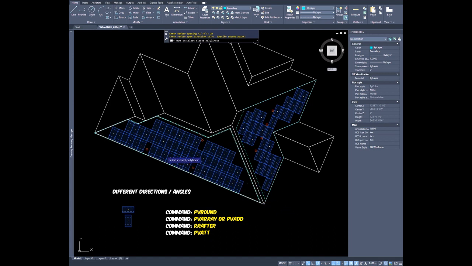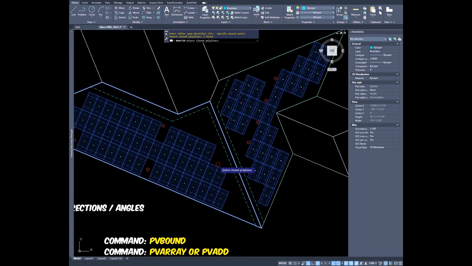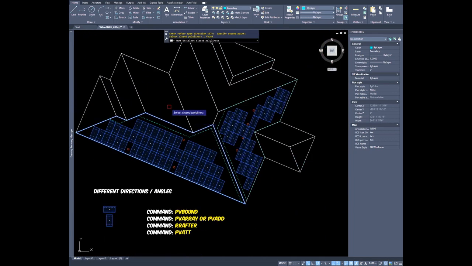You can always find a point on the boundary, on the roof plane, where the boundary is, right at the end. So usually on the eave is an easy place to find a line along the roof plane that you can select. So we're going to select that roof plane,